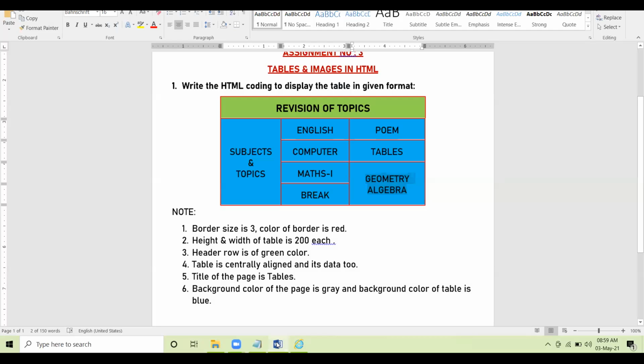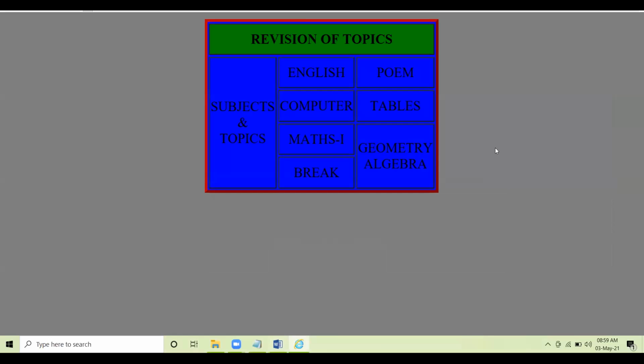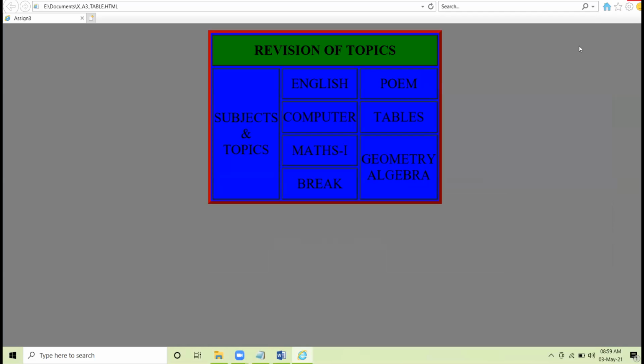Compare the question with the browser view. That is why I told you first you type the coding on PC, check the coding, check the browser view. If you are 100% sure that your output is same as given in the question, then you start writing the coding. This will increase your practical skill also. You will get more confident with respect to coding part.